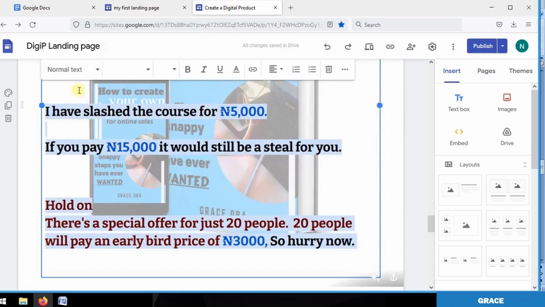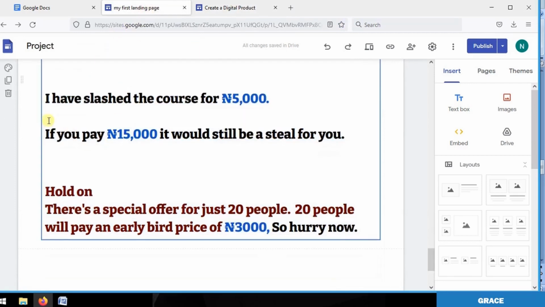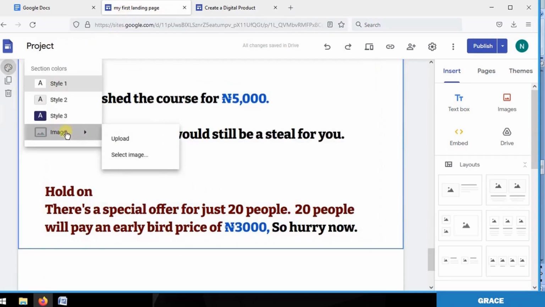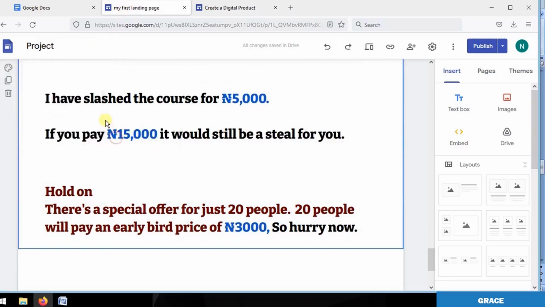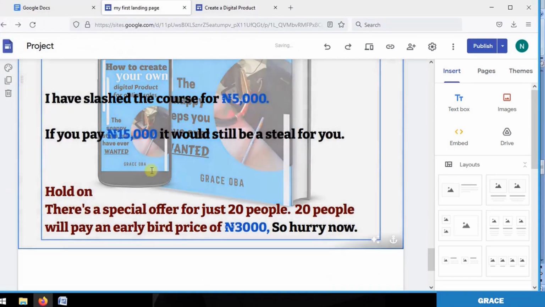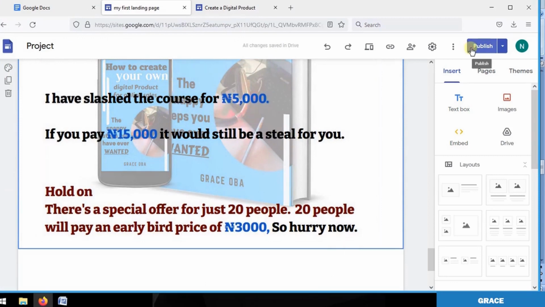So you can do that for your own landing page by clicking on this particular button here. Then click on image and it will take you to your file where you'll be able to choose the particular image that you want and the text will appear on the image. I can still click to publish